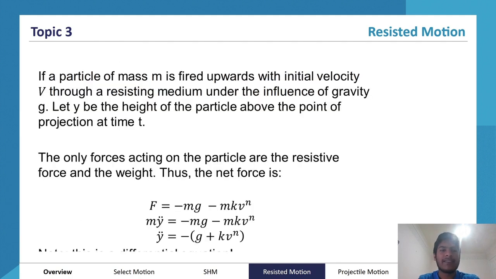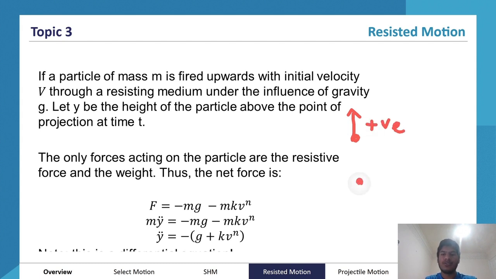So if a particle of mass m is fired upwards with initial velocity v through a resisting medium under the influence of gravity, g, let y be the height of the particle above the point of projection at time t. The only forces acting on the particle are the resistive force and the weight, thus the net force is that, and we can come up with an acceleration expression. The very important thing to do with these sort of questions is to define a clear axis system, or a sign convention. So if we're going to assume positive is upwards,